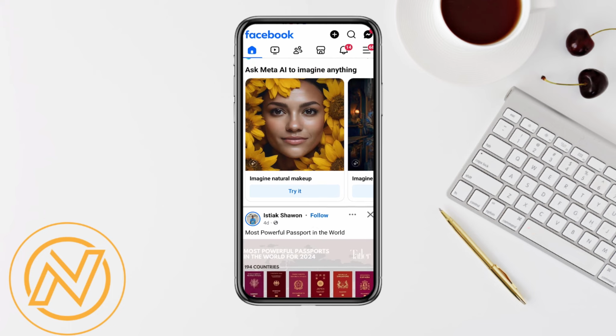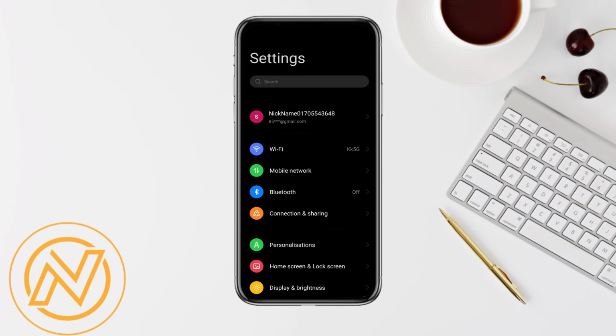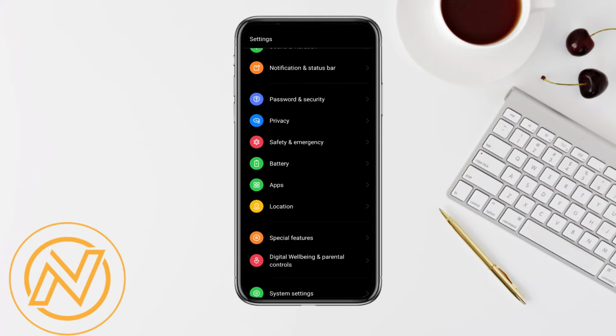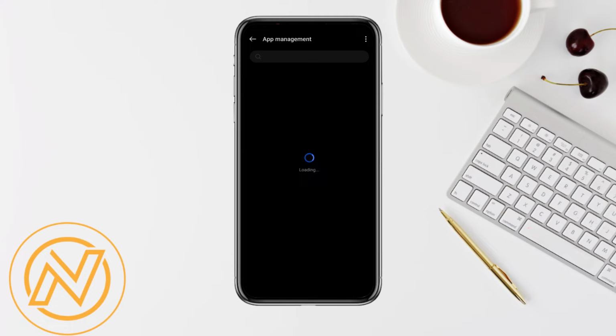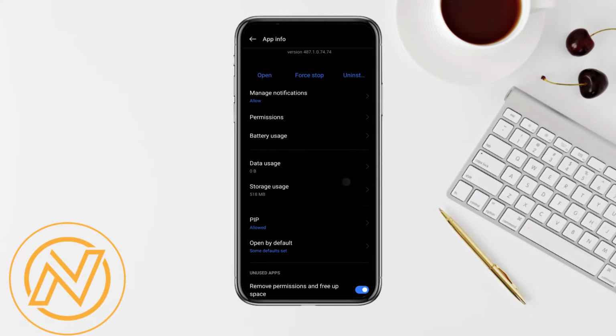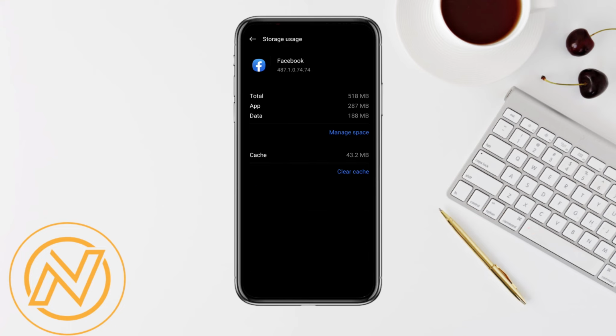is just simply open your mobile settings and just simply scroll down and click on the app section from the list over here and go to the app management. Now scroll down again and select Facebook, and in order to fix your problem, just simply go ahead and click on the storage usage, and over here you will be able to see the cache and data that has been